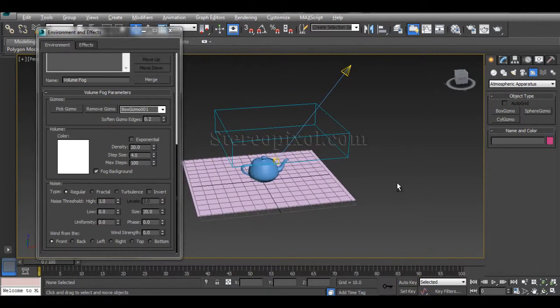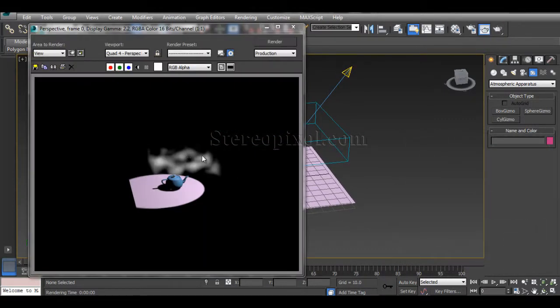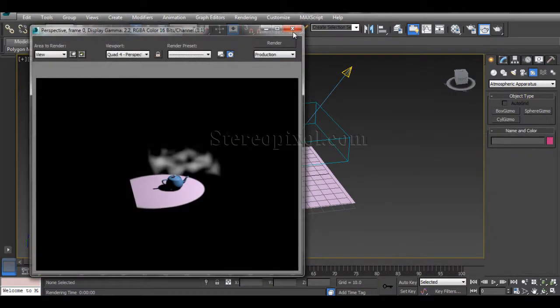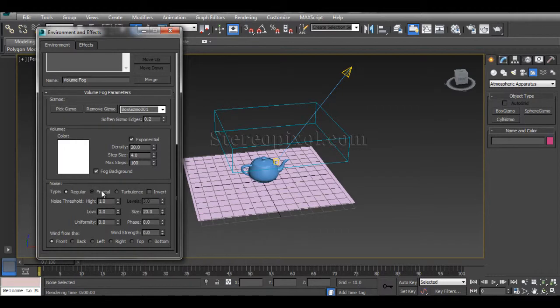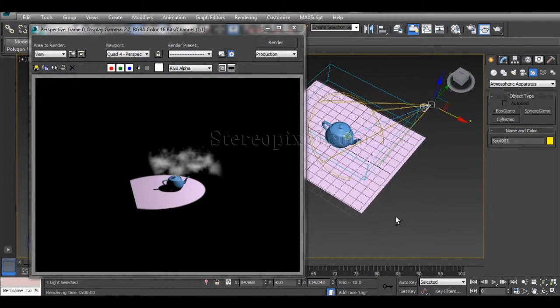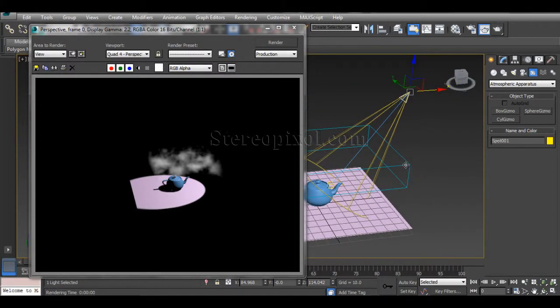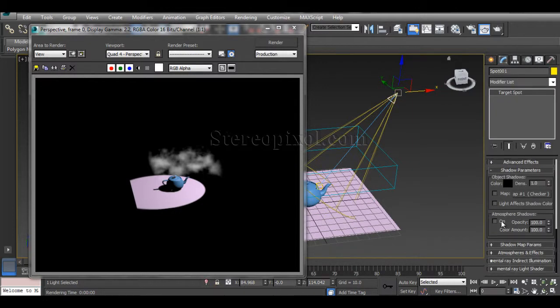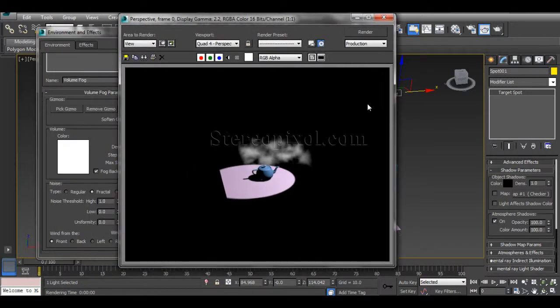Don't hit exponential, switch off. And if you hit render, you can see my fog kind of things are coming out this way. Switch on the exponential for a bit better result. I can use the fractal, and now this is coming like a cloud or something. And remember, I have to create this, otherwise I'm not going to use this atmospheric shadows. And now switch on the atmospheric shadows, and if you hit render,